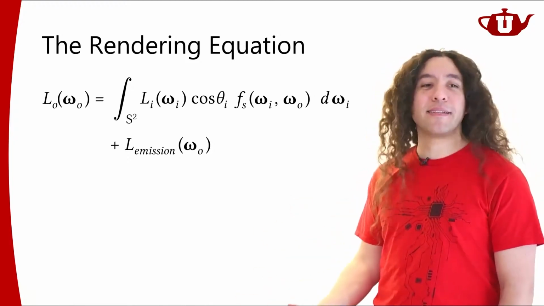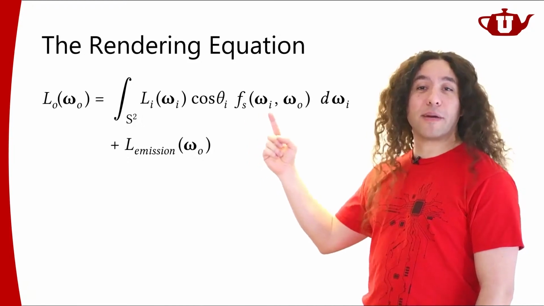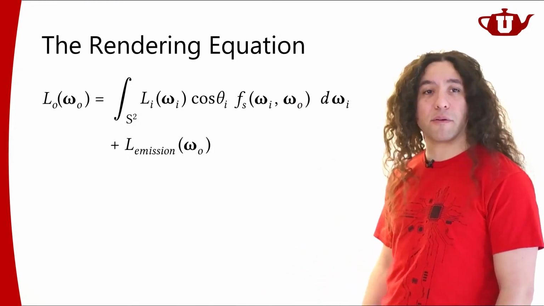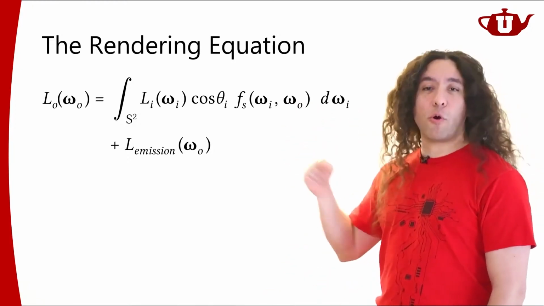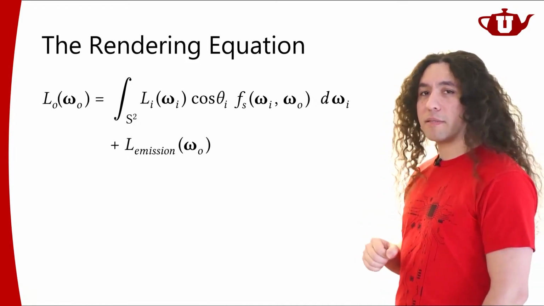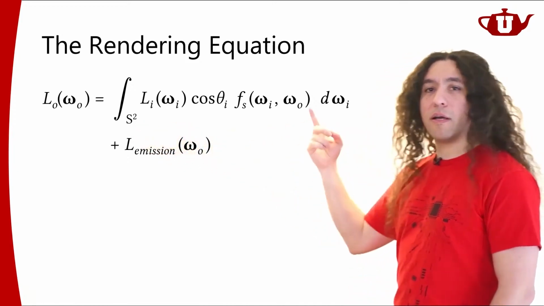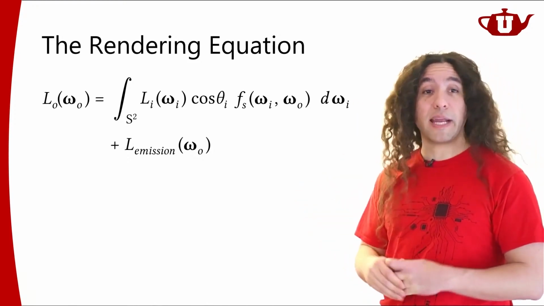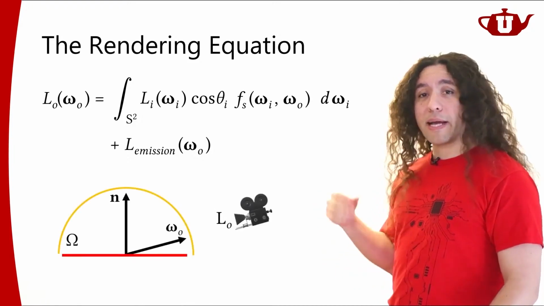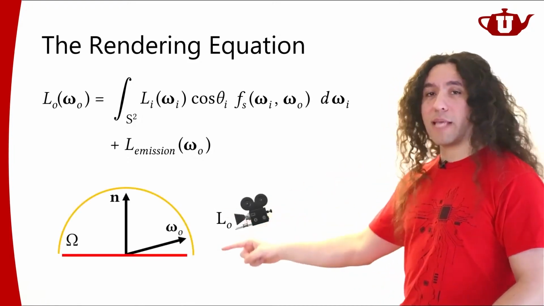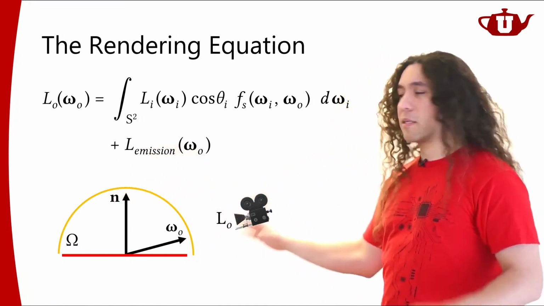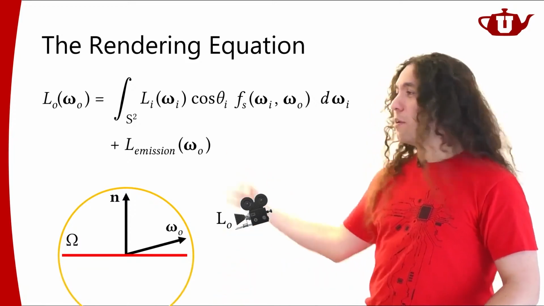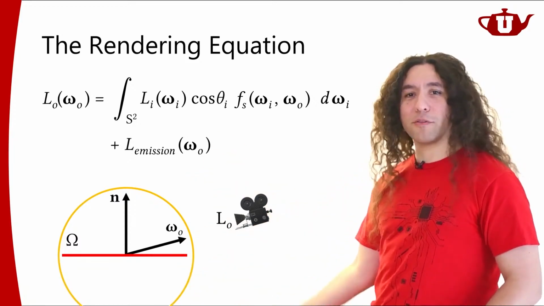And the scattering can scatter light coming from any direction. It doesn't have to come from only above the surface. It can come from behind the surface as well. So this is a more general form of the rendering equation that's accounting for all directions over the sphere, and it's talking about scattering, not just reflection, any kind of scattering over the surface. So in that context, we're not just looking at this hemisphere where the light could be coming from, but we're looking at all directions over the sphere.